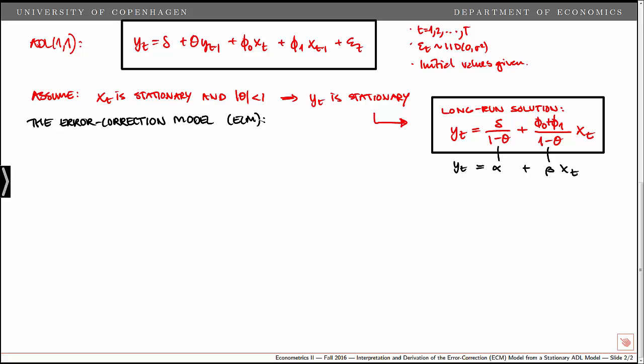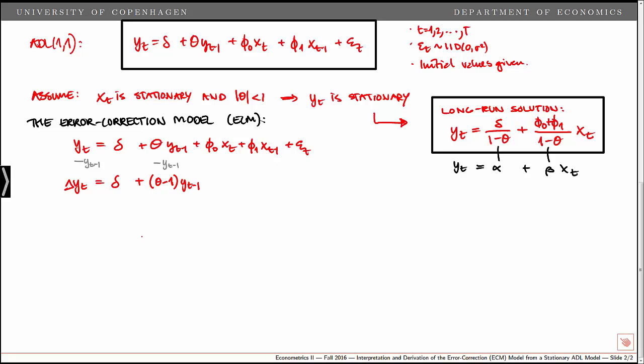To derive the error correction model, what we do is simply add and subtract terms to the original ADL(1,1) formulation. So first let's just rewrite the model like this. And now we want to reformulate it so that on the left hand side, instead of the level of y_t, we have a first difference. To do that, we simply subtract y_{t-1} from the left hand side, and we subtract it from the right hand side. So if we consider the first part, we get the change in y_t, the constant term, and then we have theta minus 1